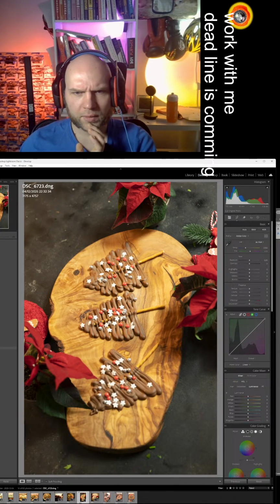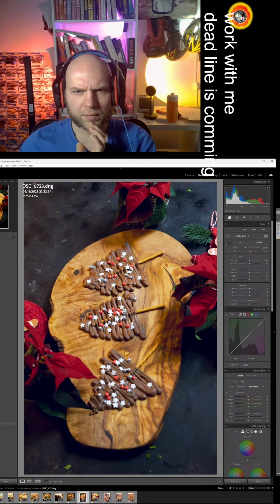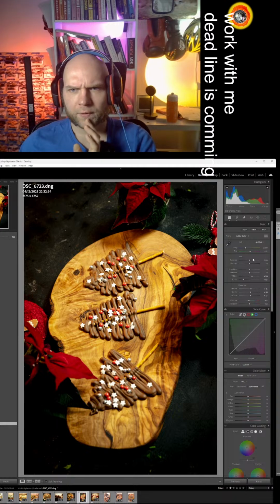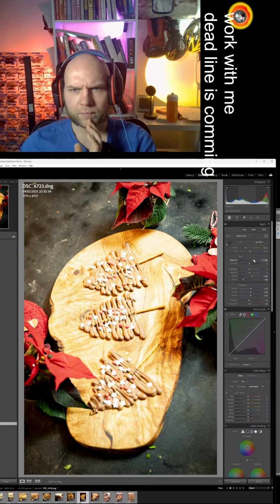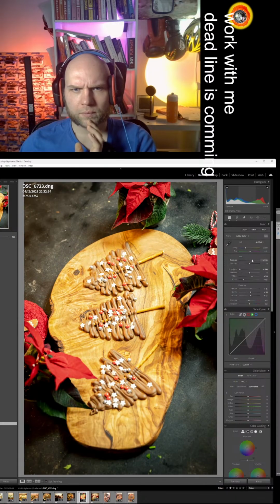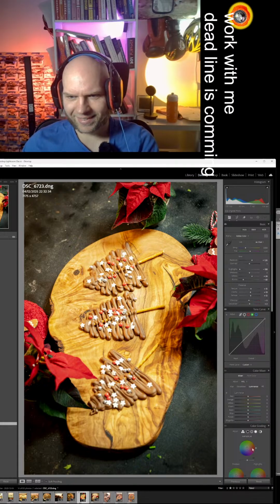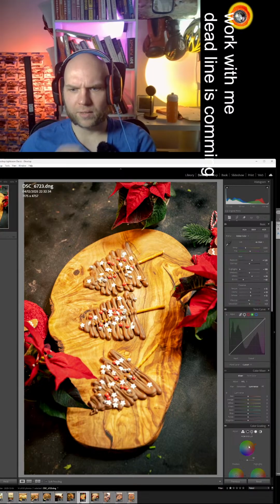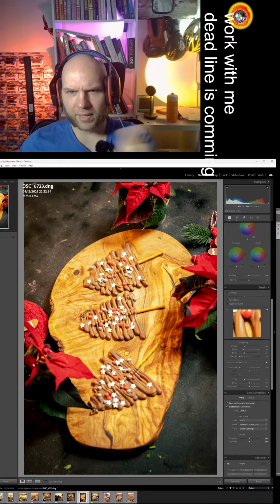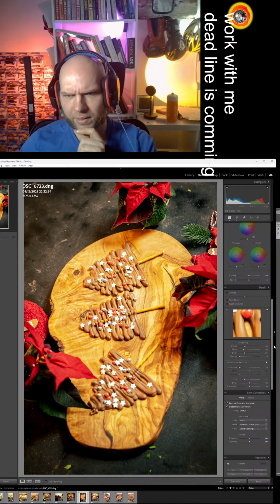No. That's good enough in my opinion. A little bit red in the mid-tones. Yes, that's okay. Because you can see the frame is a little bit empty.